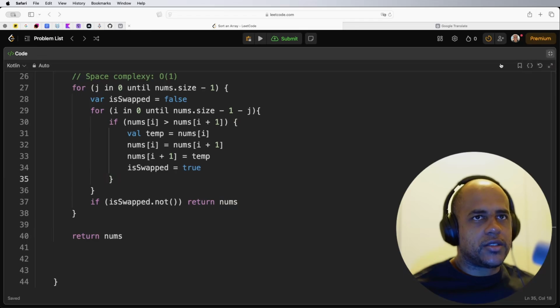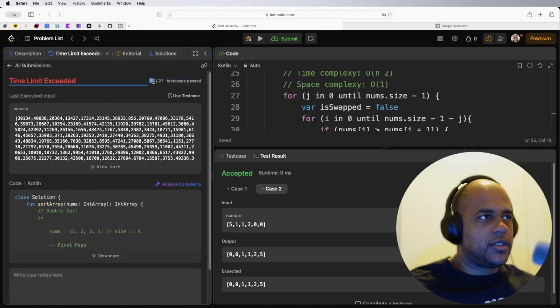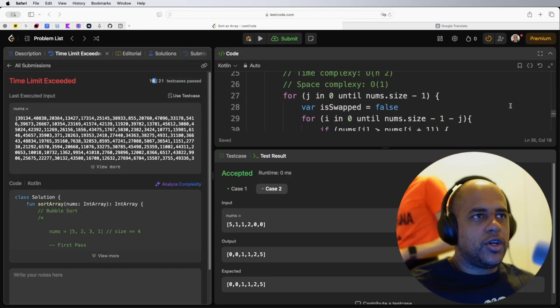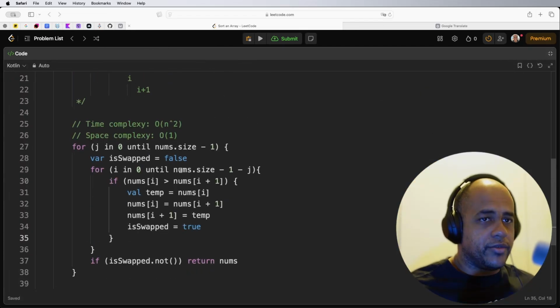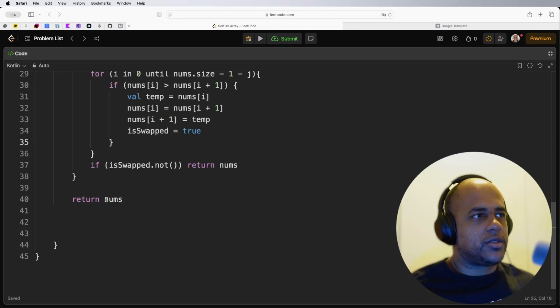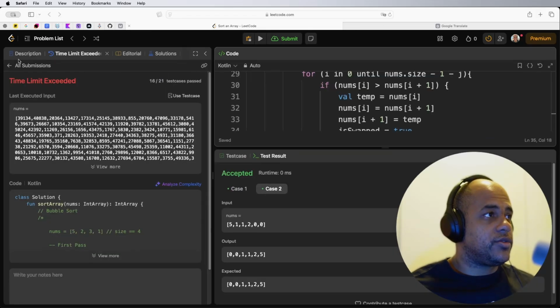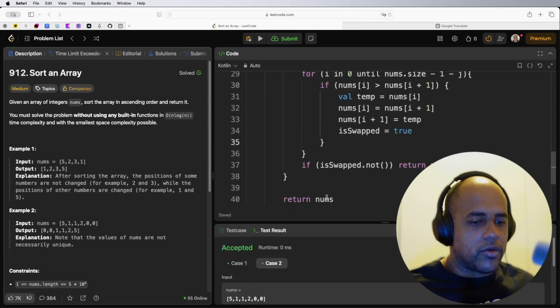Let's see if we got some improvement out of this. Time exceeded again, and we reached the same test cases. 16 test cases passed. No improvement whatsoever. But this is a way to make a little improvement in this algorithm. So that's it for the bubble sort. This will be our first attempt to solve this LeetCode problem. I will try again with different algorithms,